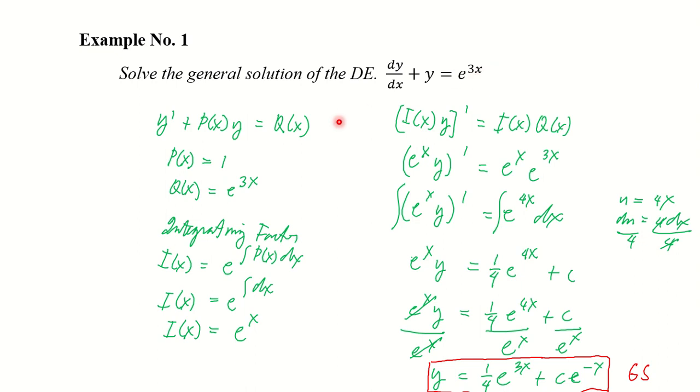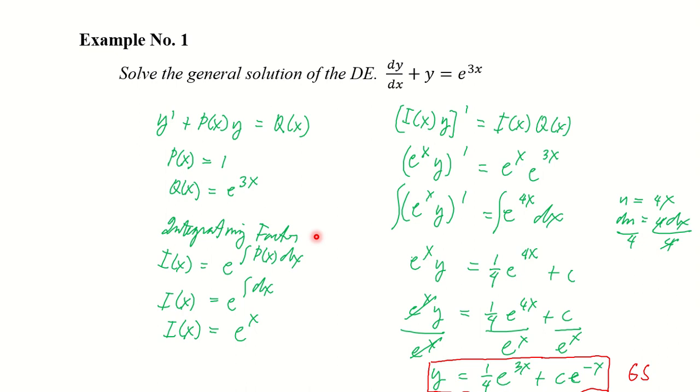Now, you recall the equation for a first order linear differential equation that is written in the form y prime plus p of x y is equal to q of x. We need to identify first your p of x, and based on our example here, the expression which is beside y is 1. So our p of x is equal to 1. And then our q of x here, the expression which is written on the right side of the equation, is e raised to 3x. The first thing that we need to do is to solve the integrating factor.